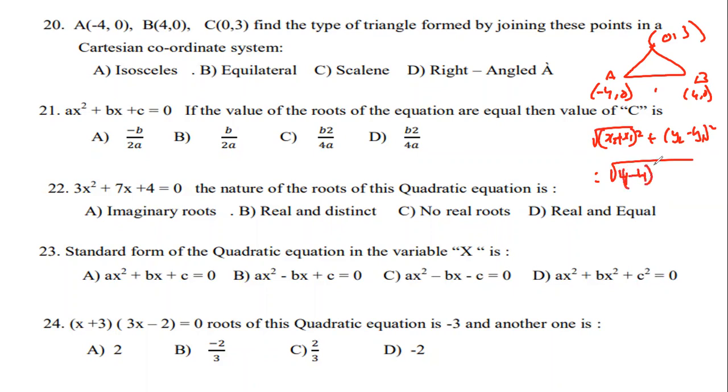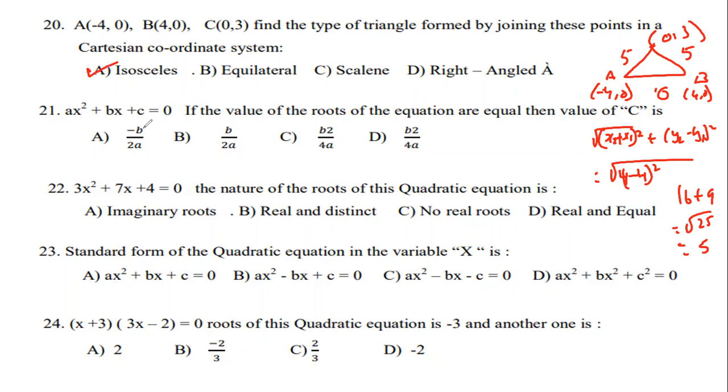minus 4 whole square, 0 you will get. This one is 0, this one 4 to 3. 4 4s are 16 plus 3 3s are 9, which equals square root of 25, which equals 5. So this one is 5 units and this one is 4 4s are 16 plus 3 3s are 9. Here also we will get 5. So 5, 5, 8. So it is an isosceles triangle. Okay, so this one is an isosceles triangle.